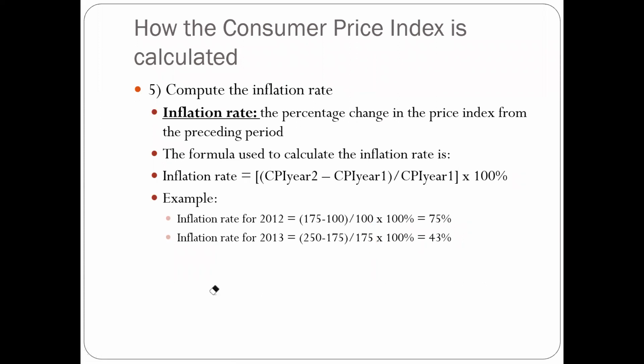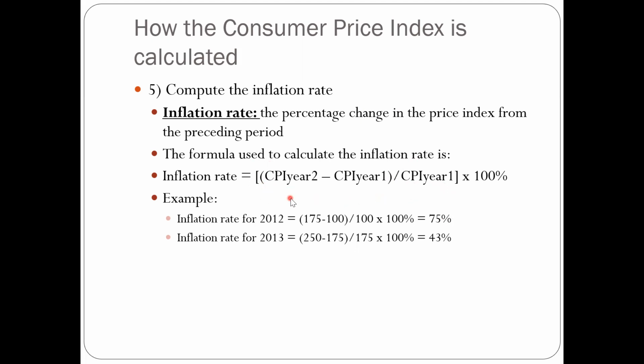نيجي لتعريف inflation rate. الانفليشن rate هو عبارة عن percentage change in the price index from the preceding period. يبقى احنا لما نشوف التغير المئوي أو النسبة المئوية التغير الحاصلة في البرايس اندكس من سنة لأخرى، من خلالها أقدر أحسب الانفليشن rate. يبقى step 5 computing the inflation rate very simple by have the consumer price index in year 2 minus consumer price index in year 1 عشان نقدر نشوف ال percentage change أو التغير الحاصل في الباسكت من سنة لأخرى.